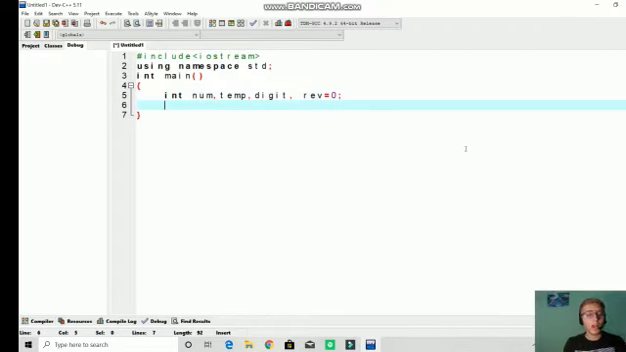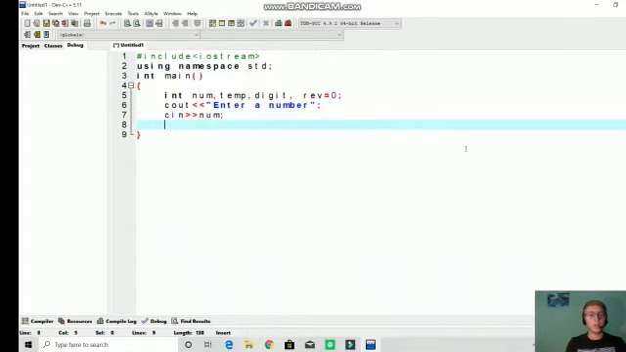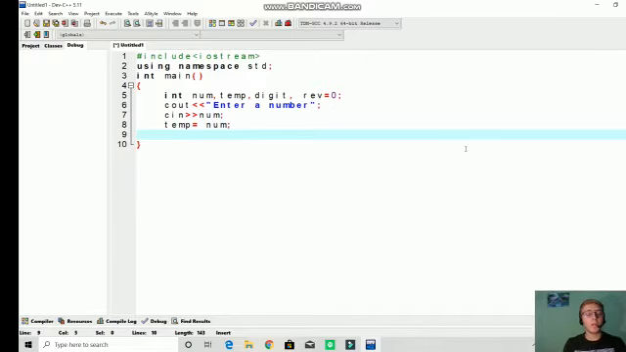Then we will ask the user to input a number, so we will say cout enter a number, and now we are going to save that number in num, and we will say temp is equal to num, storing num in temp. Now here comes the main logic of this program. We'll say while num is not equal to 0,